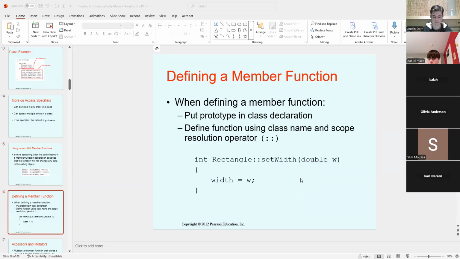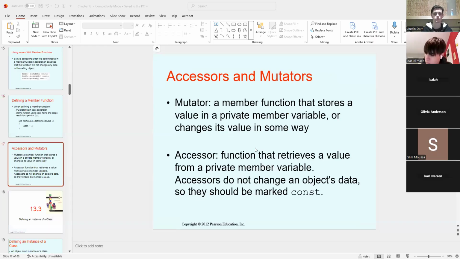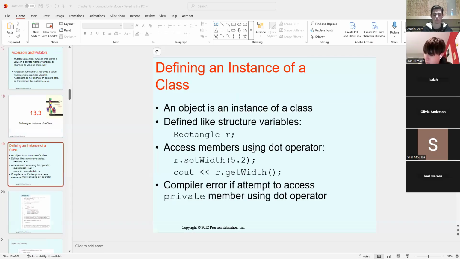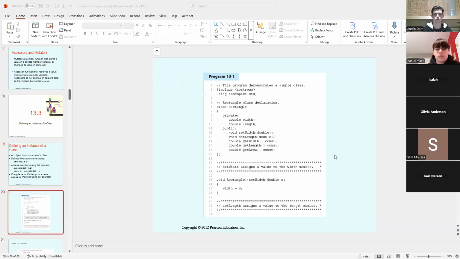A little bit different when I write this because in my header, I have that class name along with the SRO, the scope resolution operator, that double colon. So slightly different from what you had in 121. Accessors, mutators, just covered them. We had covered them before. Here we go. Rectangle R. I'm instantiating an object called R. I take R and what method from the class I want to use with it. Good.